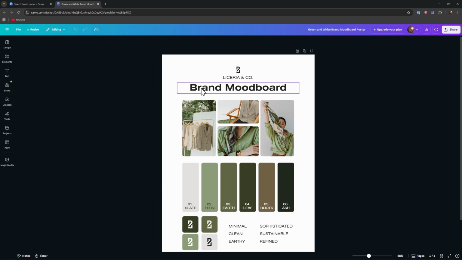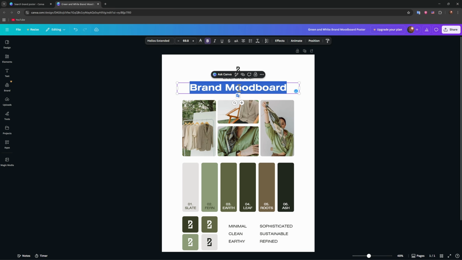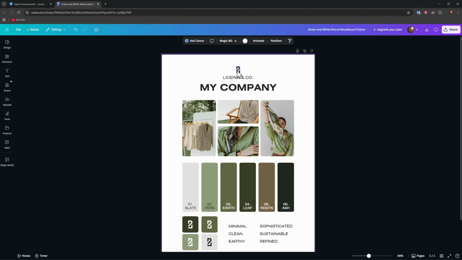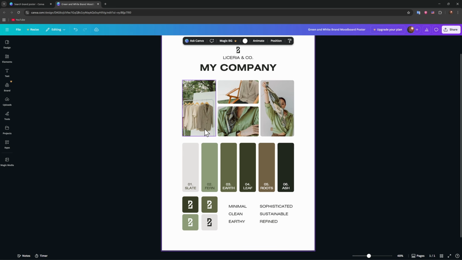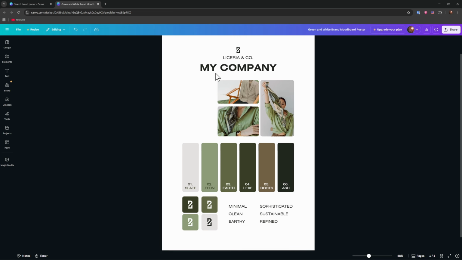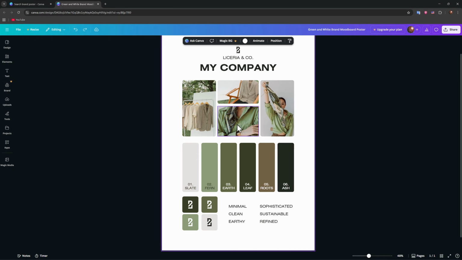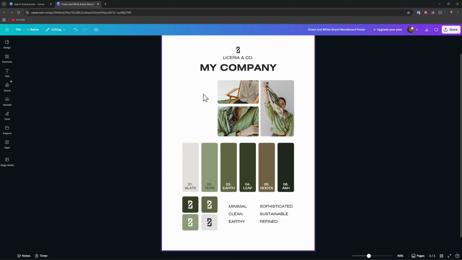If you wish to change the text, you can just choose this text and type in something like my company. All right, and then just save that. You can change the logo, this little icon, you can change this text. If you wish to edit the images and replace them, press on the trash bin. If you wish to edit images, you can just delete these, right, like that, and add your photos or images